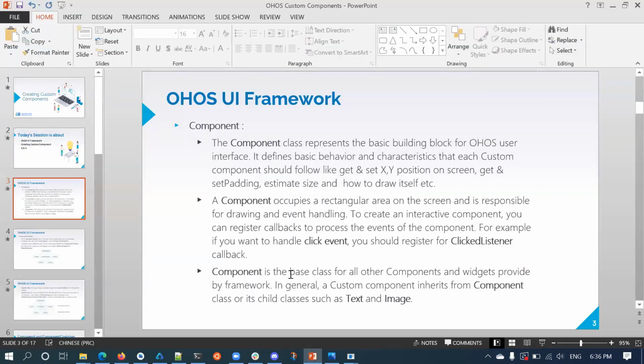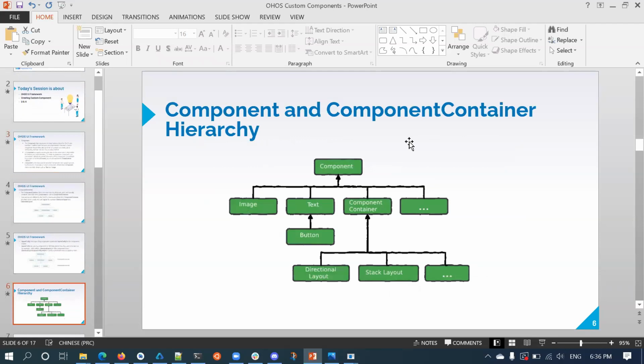The component class is the base class for all the other components and widgets provided by the framework. Look at this diagram. All other components like image and text, and all the layouts, inherit from this component class. Component is the base class. This means every other component class will inherit all the APIs from this component class.